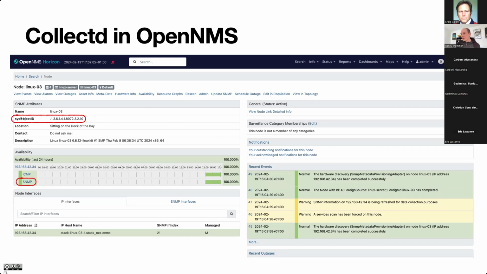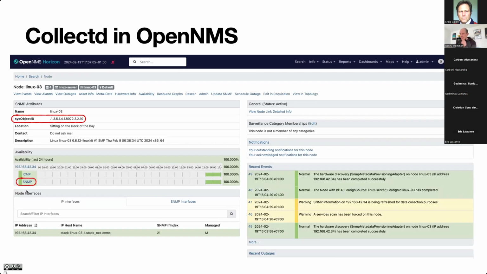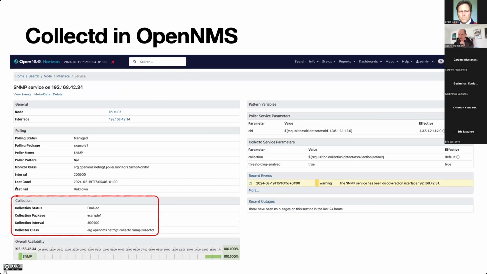Yeah, the important piece again for collectd and performance data collection is the system object ID. That is basically how OpenNMS determines what metrics we can collect from that agent. If you click here on that SNMP service, you see some details. And you will notice two pieces. One is the polling piece here.